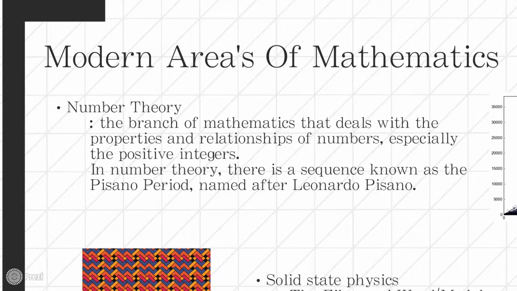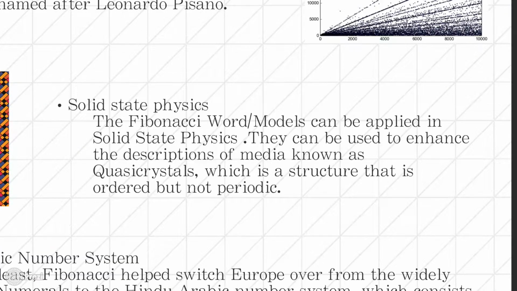The Fibonacci models can be applied in solid-state physics. This is the study of rigid matter or solids through methods such as quantum mechanics, crystallography, electromagnetism, and metallurgy. They can be used to enhance the descriptions of media known as quasicrystals, which is a structure that is ordered